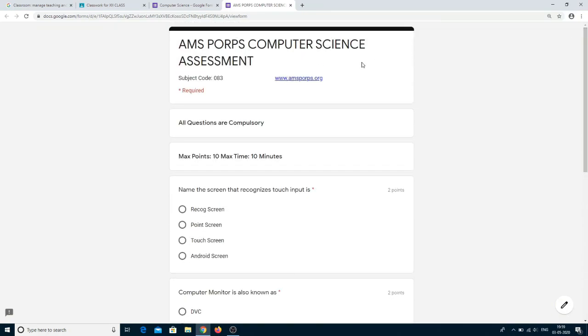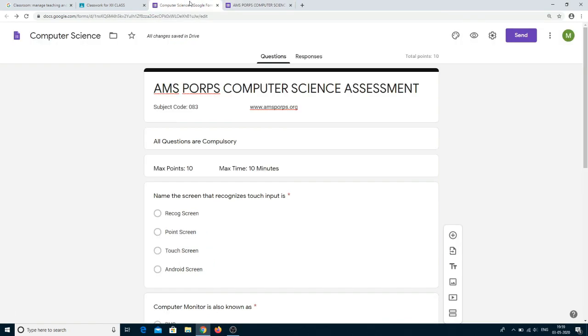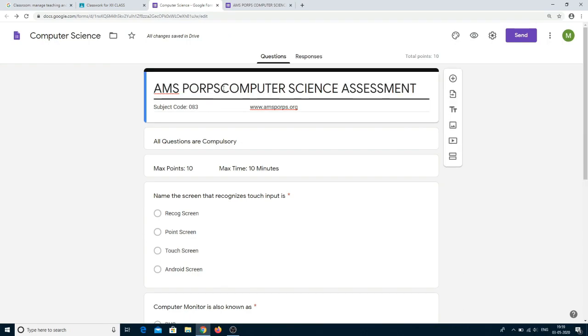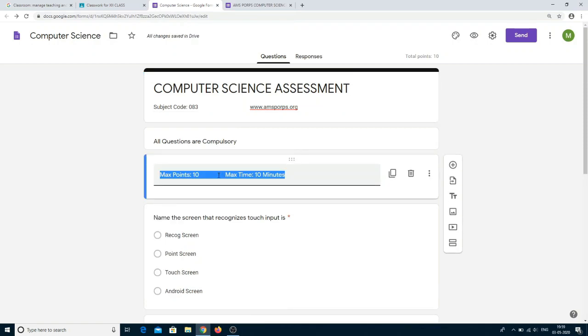After seeing this preview, if you want, you can make some changes in the title or something. So what I'm doing here is making it computer science assessment because it's going to the new line, and here we are giving a little bit of maximum points. Now, whatever changes you are doing, these changes will be automatically saved.